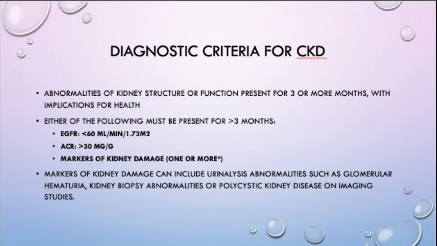We need to look at the albumin creatinine ratio, if I can say that right. That is typically greater than 30. And then markers of kidney damage. This can be looking at the calcium levels. We can look at the phosphorus, the magnesium. A lot of the times the magnesium and the phosphorus will be elevated, and that also includes the potassium. And then, like I said earlier, the calcium will be decreased. But those are all markers that could be included when you are trying to make a case for a diagnosis